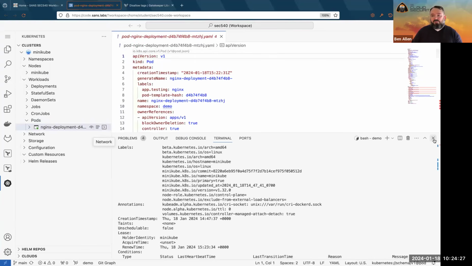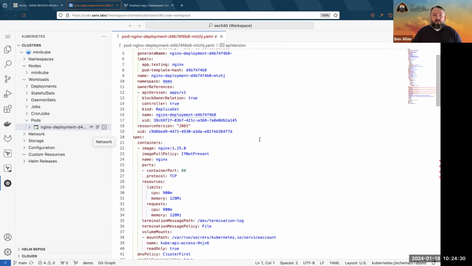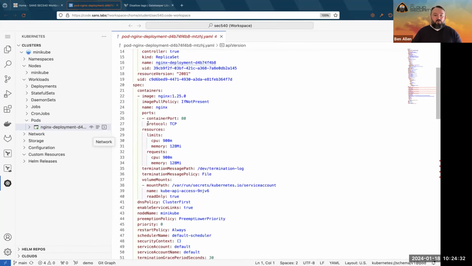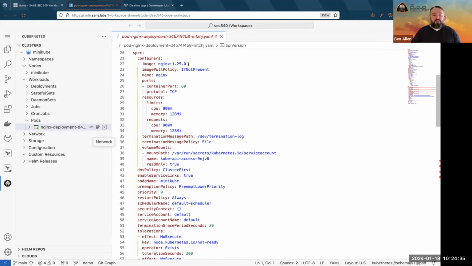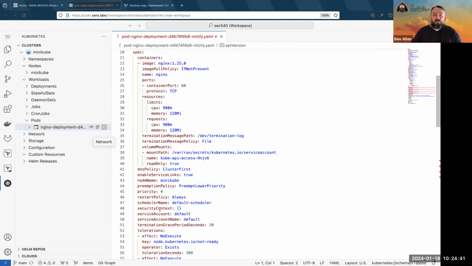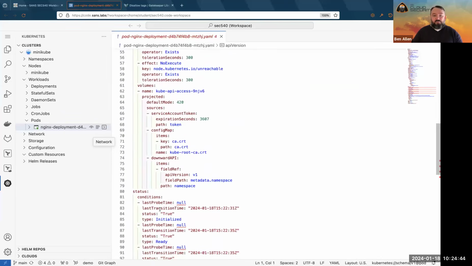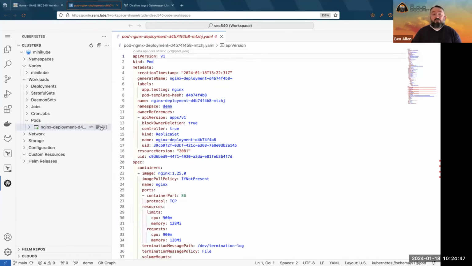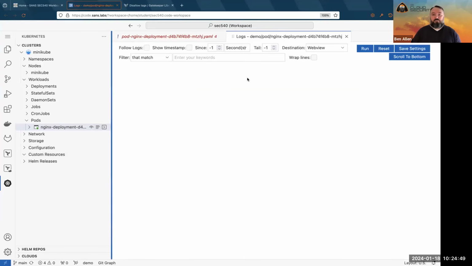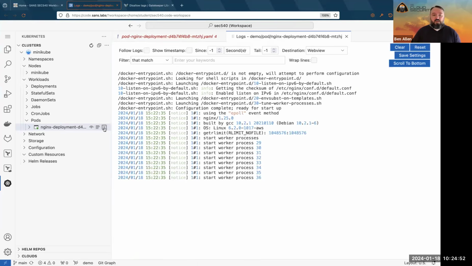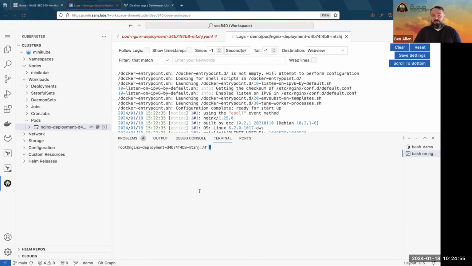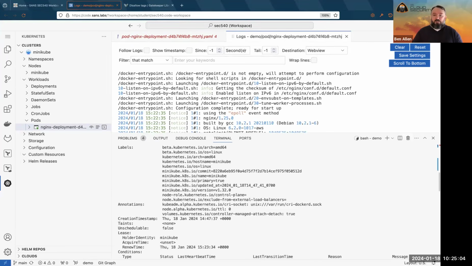Here we get our pod definition, which we started off with, had just a few things. We get a bit more than the example in the slide. We've got Nginx, names, ports, resources, a lot of things available in here, and many of those were defaults. We can also jump into the logs, some real-time ones, and we can even open a terminal inside the container running Kubernetes, all from our web browser, which is very, very handy, very quick and